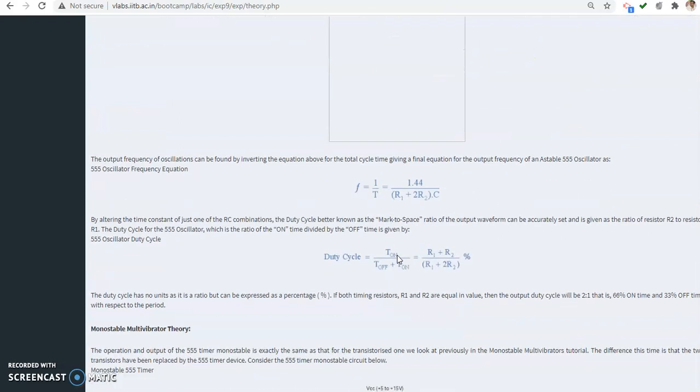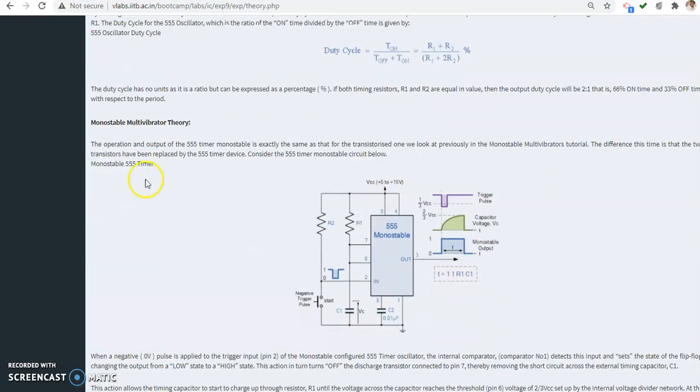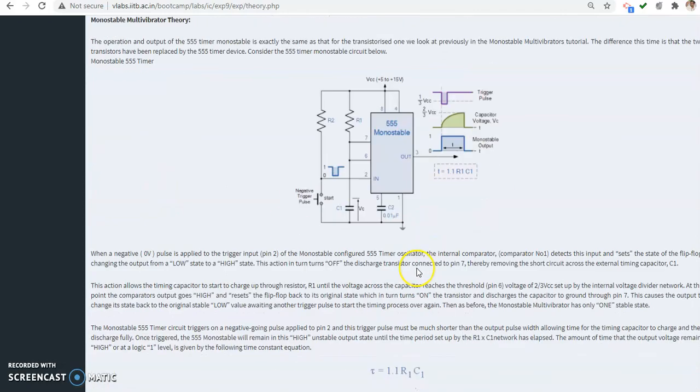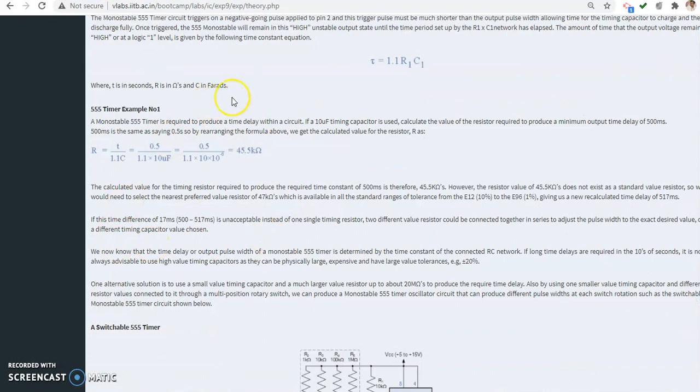Okay, the theory content you are going to read, and the duty cycles, everything, they have used the formula, and for the monostable they have given the circuit diagrams. Okay, timer time calculations, and a sample of that, they found the time period 0.5 seconds. What about the R value, 45.5 kilo ohm, and the capacitance 10 microfarad. Okay,